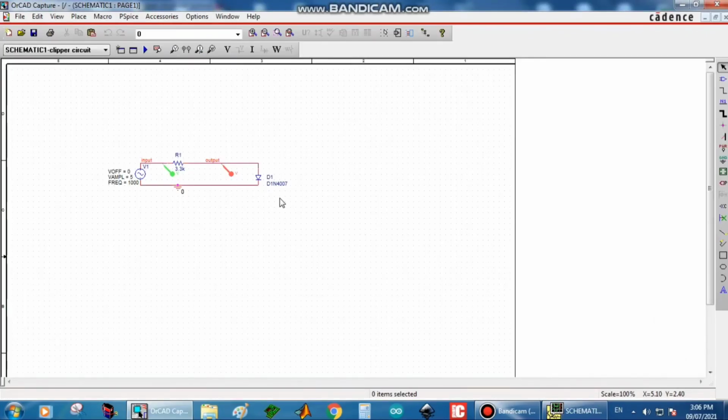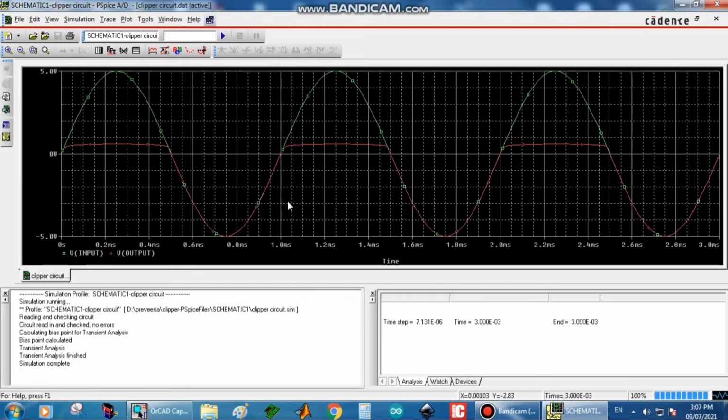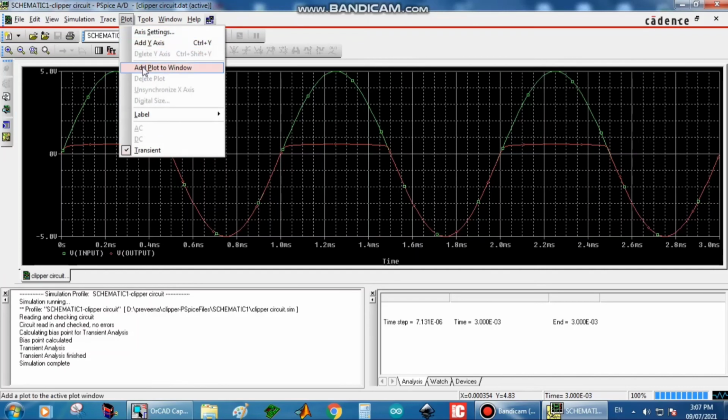Now we are going to do the positive clipper, and compared to the negative clipper, the diode connection is reversed in the case of the positive clipper, and the circuit is drawn as we said previously. So now let us run this. Okay, now click on run PSpice. So you can see that in that waveform the positive part is clipped. The red color shows the output waveform, in that the positive part is clipped and the negative side is retained there.